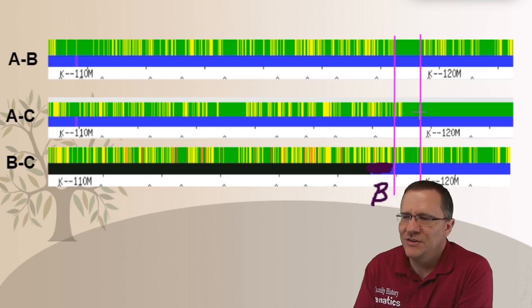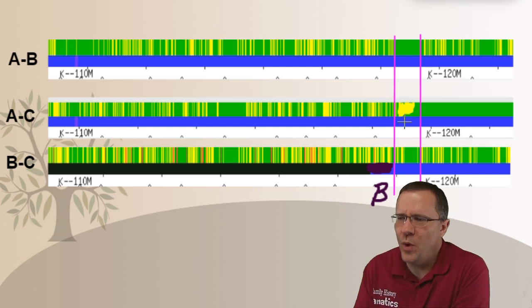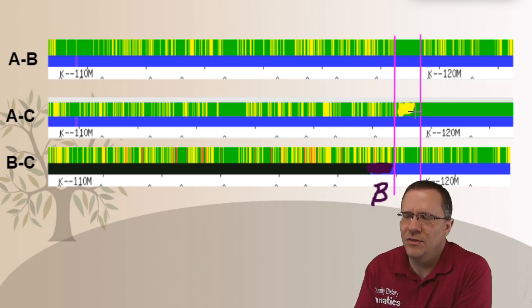But just like with AB, if we assumed that this AC really had more yellow as it goes further along, then that might indicate where the other match is. So we could say that AB and AC have a common point right along here. And I'm going to call that one A.